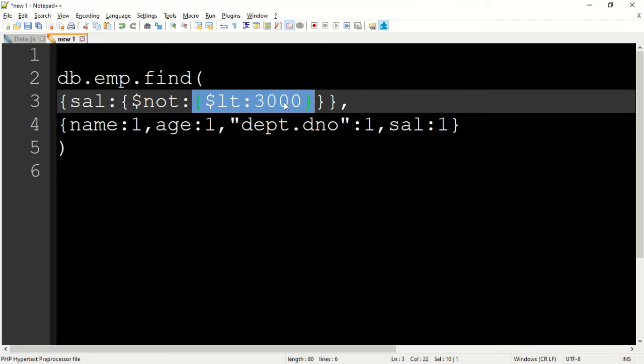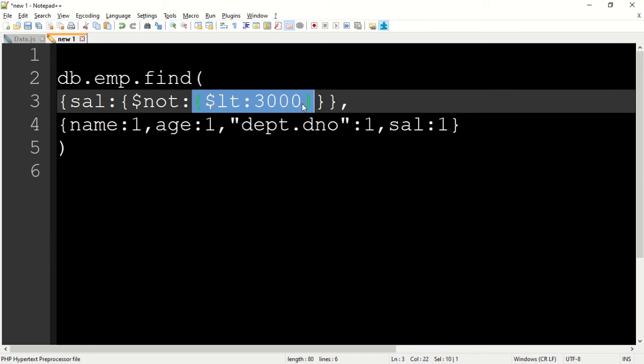Not less than 3000 means all the salaries greater than 3000, here less than equal to is not given, so less than 3000,